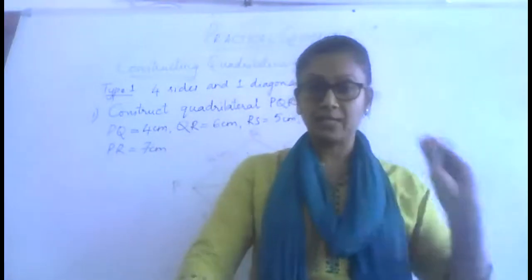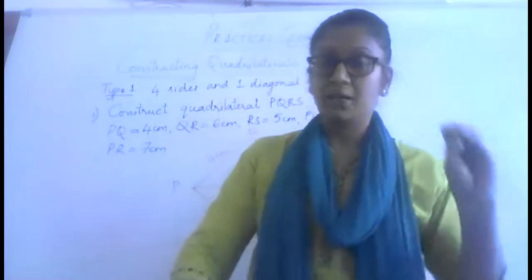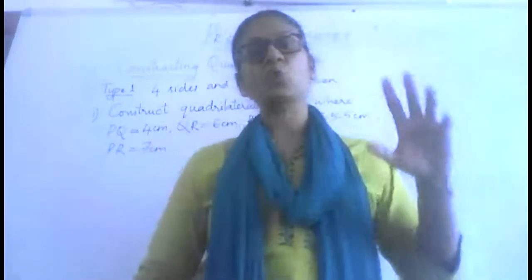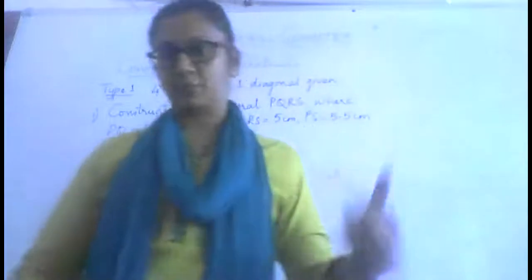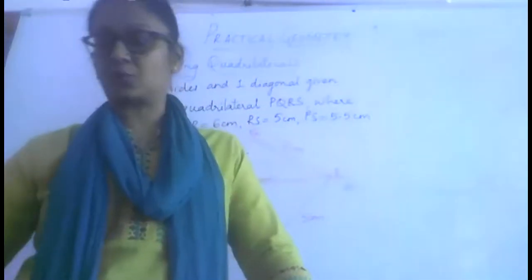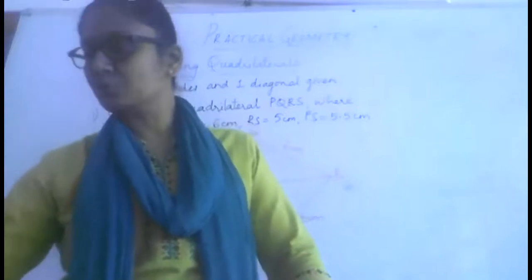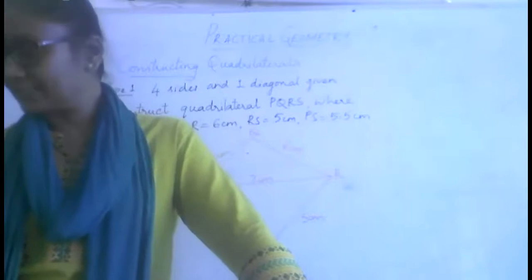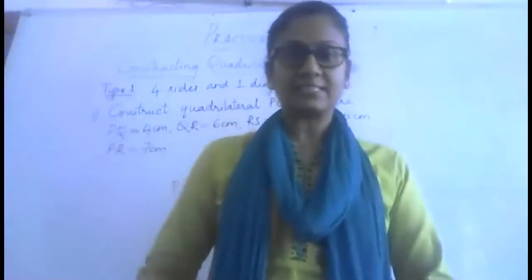When you want a unique quadrilateral to be constructed, minimum you should have at least 5 requirements. This you can do as an activity on your own and find out why 4 measurements are not enough to construct a quadrilateral. I didn't find time to do it now for you. It is there in your textbook itself, page number 57. The chapter starts like that.